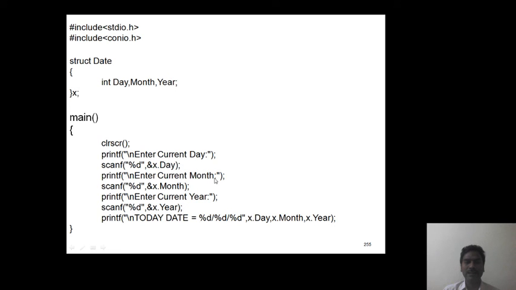Enter current month, x dot month. Enter current year, x dot year. All are integer members, hence we use scanf statements. Now finally we are printing those values like today date equivalent to x dot day value, x dot month value and x dot year value. So declaration and definition can also be combined into a single statement.